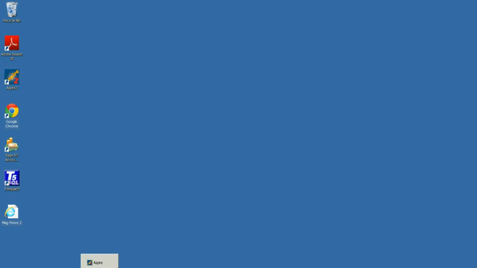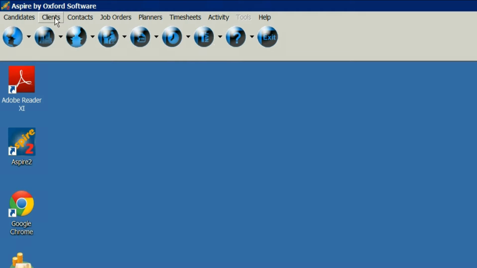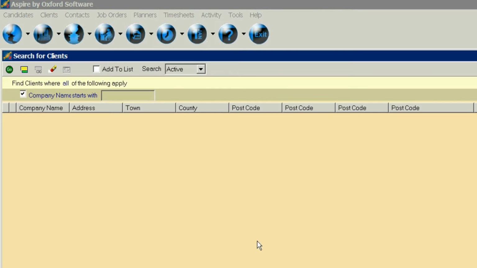Next thing to do is to navigate into Aspire, and we'll search for the clients that we want to send out the magnetic fencing email campaign to. We do that by firstly clicking on Clients and then click on Search, and then we want to set it so it's company name that starts with, and in this example we'll be looking for a company called Auctus Design, so we'll type in Auctus from here and click on Go,